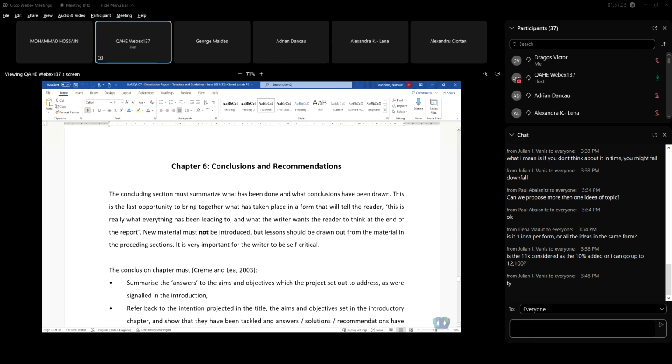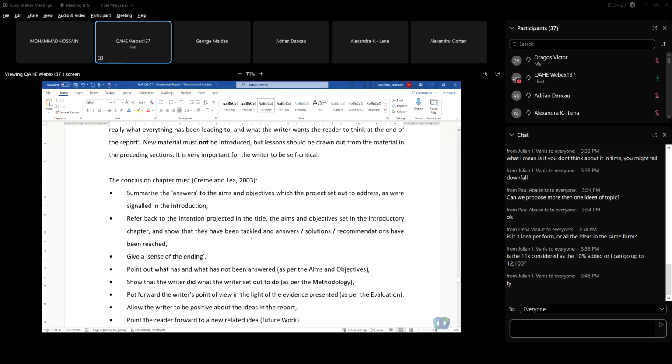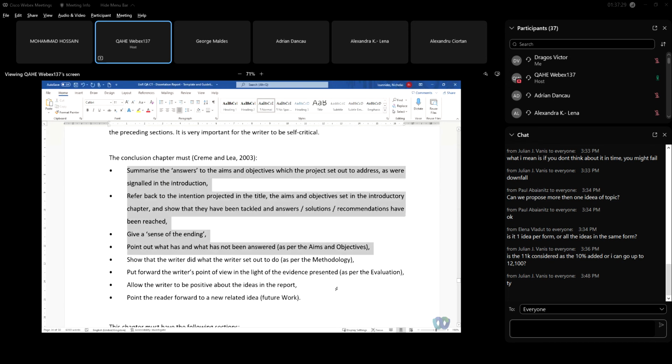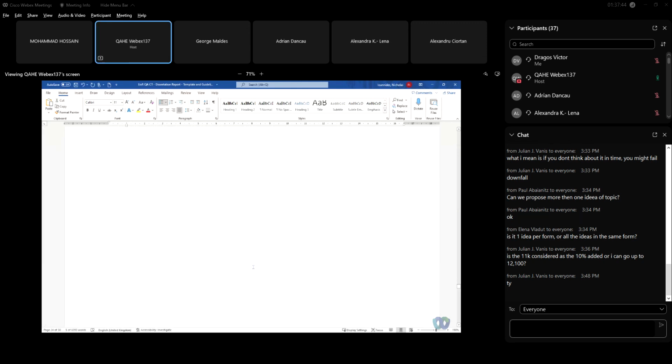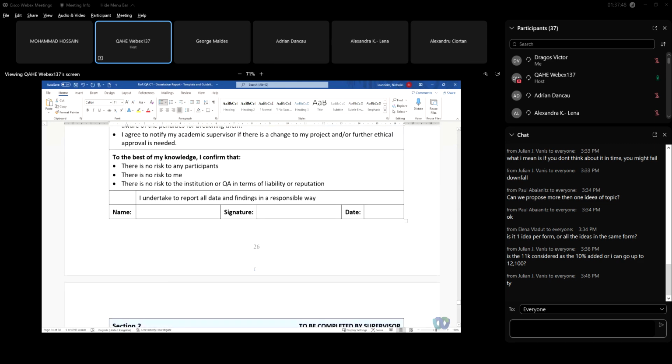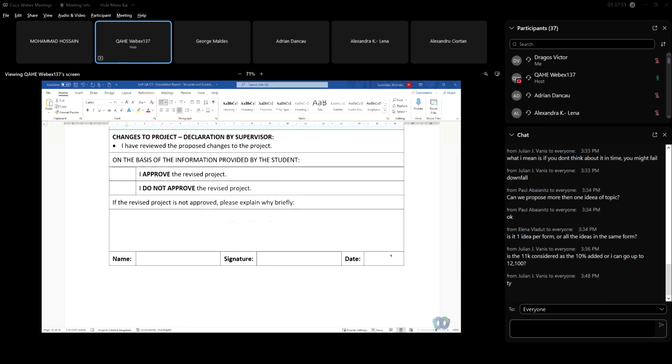And this is chapter 5, really, not 6, conclusions and recommendations, right? And it's telling you this is what you must know. This is what you must include, right? Summarize the work you did, conclude on your findings, recommend after you've done the work, and identify is there something else that you could have done, right? References, appendices, and the ethical approval form. Okay, so it's all provided to you,